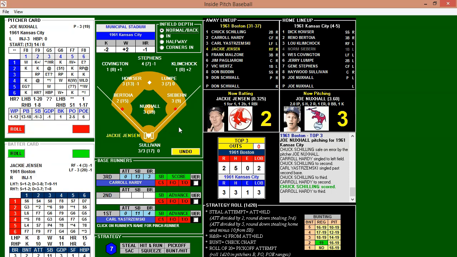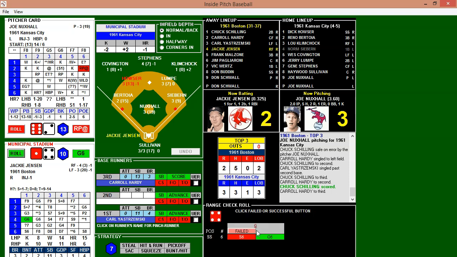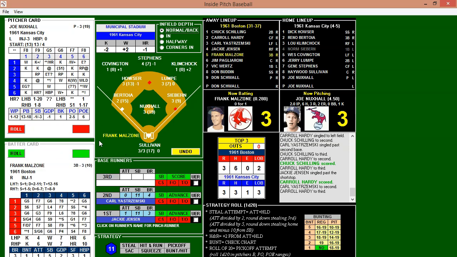So the rookie comes through here. So runners at the corner. Still nobody out. For Jackie Jensen, he had an RBI double. Red Sox would love to have him do the same thing here. So Nuxall looks in for the sign, looks at the runners. Here's the delivery. A range play at Municipal Stadium, 1-4. And past the dive of Hauser, that will score Hardy from third. Yastrzemski will hold at second as the throw comes in quickly. So an RBI single by Jackie Jensen, his second RBI of the day, will tie the game at 3.